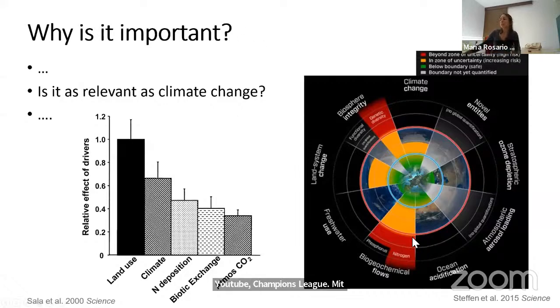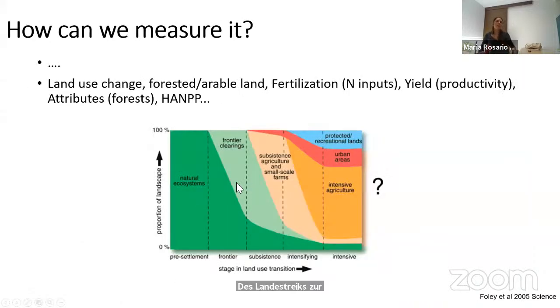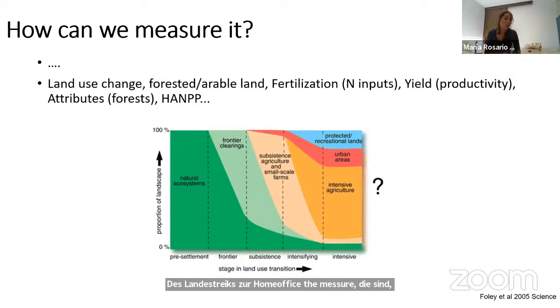And these two aspects are very much related to land use. The use of nitrogen and the loss of diversity are among the causes and consequences of these land use types. So how can we then measure this indicator, this land management? Of course there are many ways of measuring it. A common one has been, for example, to investigate the change in land use, simply by looking at the type of vegetation, as I showed in this figure.